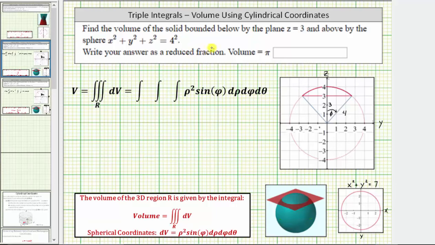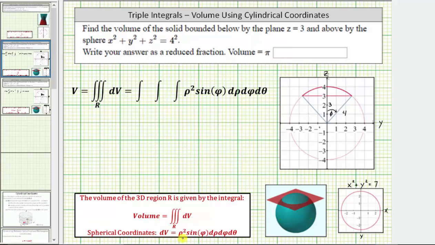Find the volume of the solid bounded below by the plane z equals 3 and above by the sphere x squared plus y squared plus z squared equals 4 squared. The volume of the 3D region R is given by the triple integral shown here, where when using spherical coordinates,